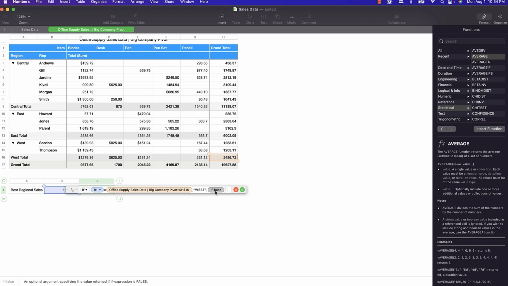If not, we want it to say if again. See, we're nesting them. If this is equal to this cell, then we want it to come up with the text that says "east." And if not, we'll do one more if statement here. If, and hit enter. So the expression again, if this cell is equal to this one, then we're going to have it say